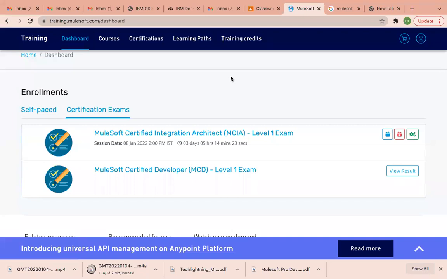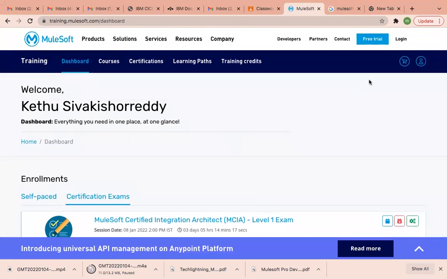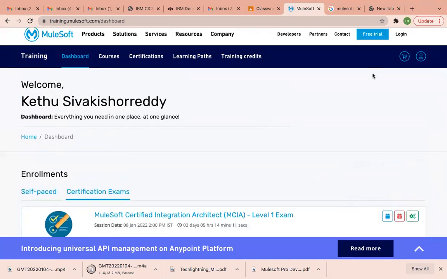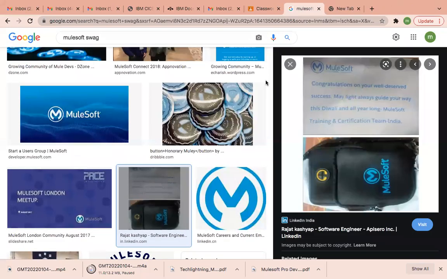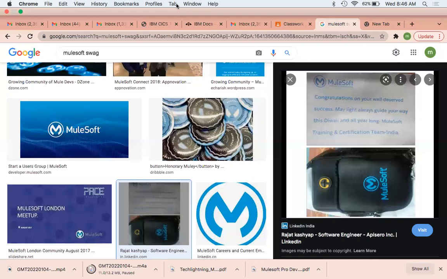Sir, one question. The MCD level validity is only 1 year? Sorry, every year we need MCD level validation? The validity is 2 years. Every 2 years you need to write the exam. Yes. Okay, so that is up to your wish. Once you have done the certification, that is fair enough. Again, you don't want to write.